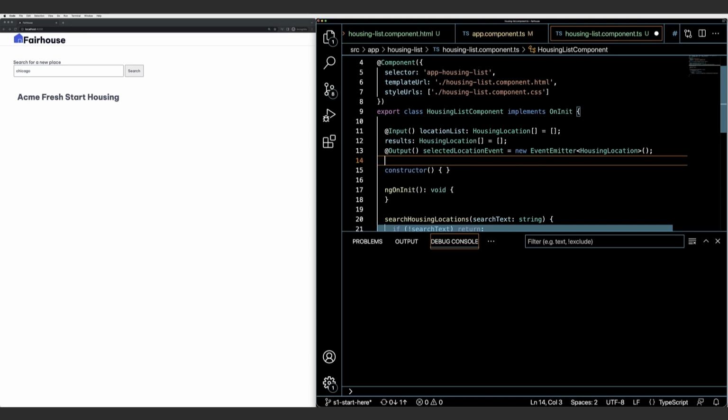Again, types are going to help us because we can have expectations of our code. When the selected location event is handled, the code can expect some data of type housing location,